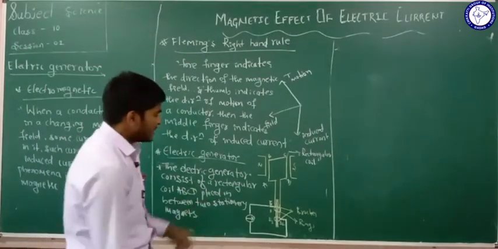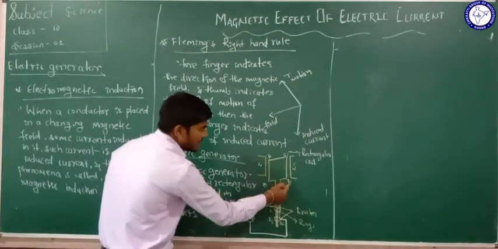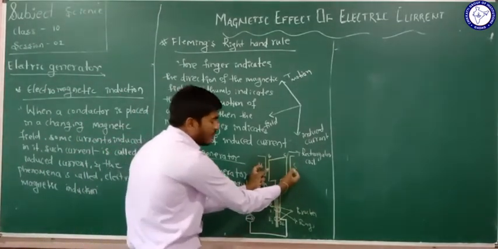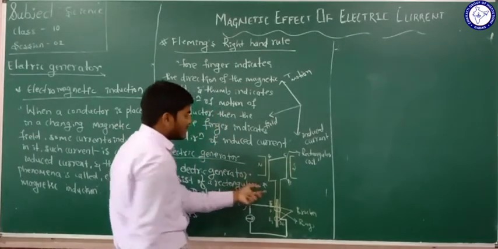See here, this is ABCD, a rectangular coil placed in between two stationary magnets, and the two ends of the coil